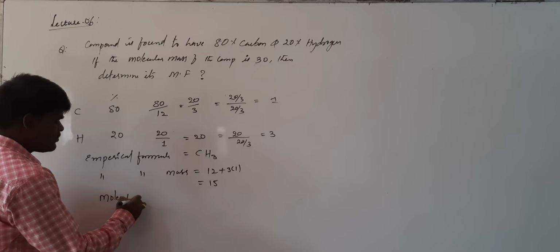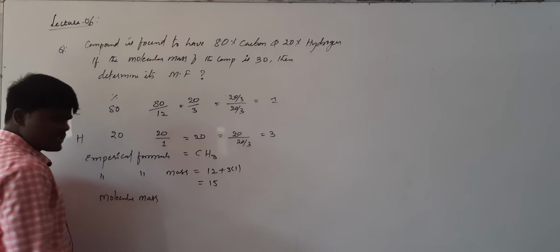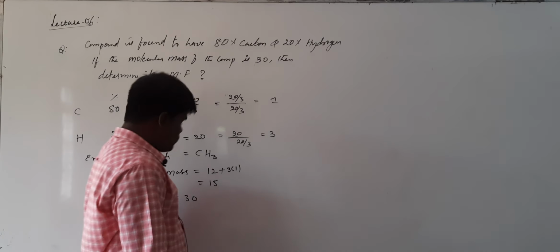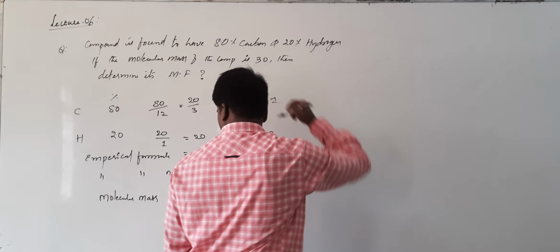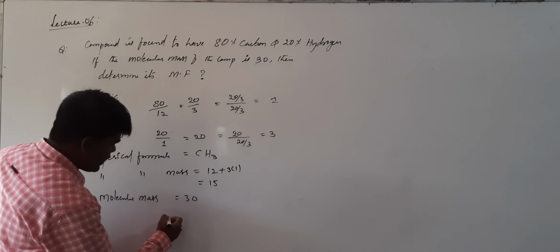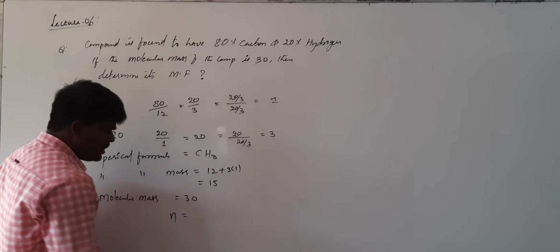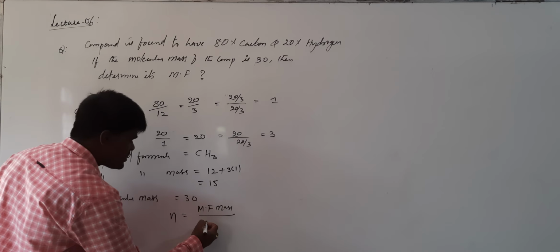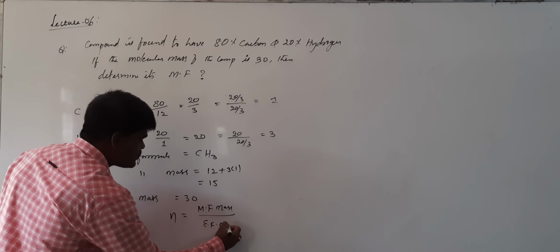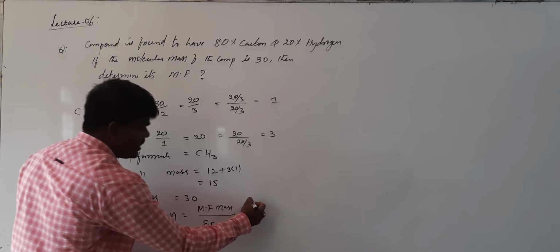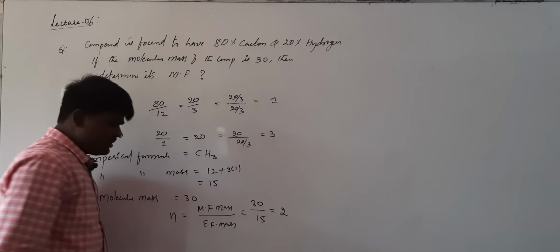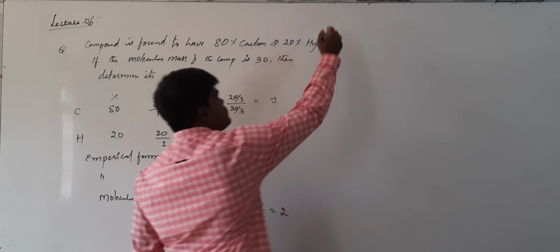Molecular mass is given as 30. So, if you know the molecular mass as well as the empirical mass, can you calculate n? What will be the n value? The n value is the ratio of molecular formula mass upon empirical formula mass. What is the molecular mass? 30. And what is the empirical formula mass? 15. What will be the n value? 2. So, that means,